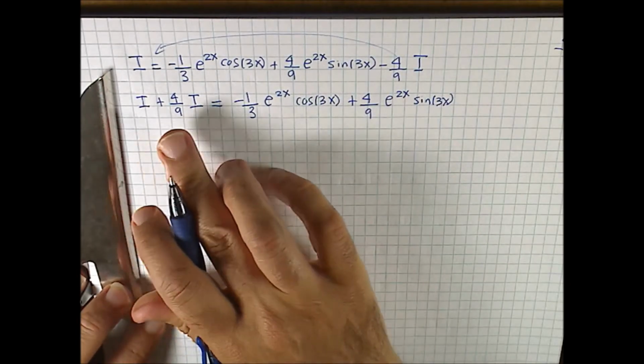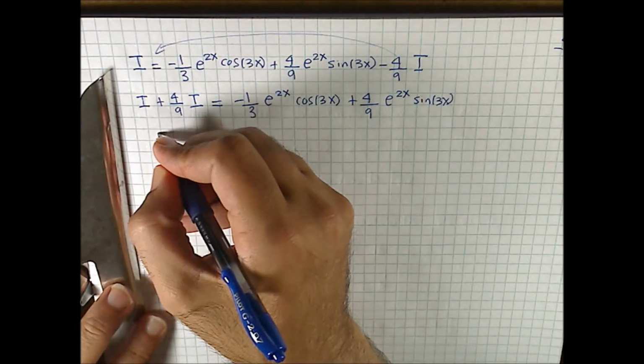This is 9 over 9 plus 4 over 9, and that's going to give us 13 over 9 I